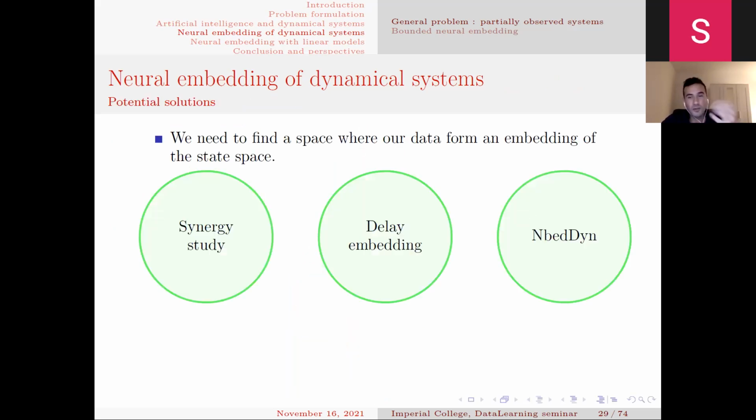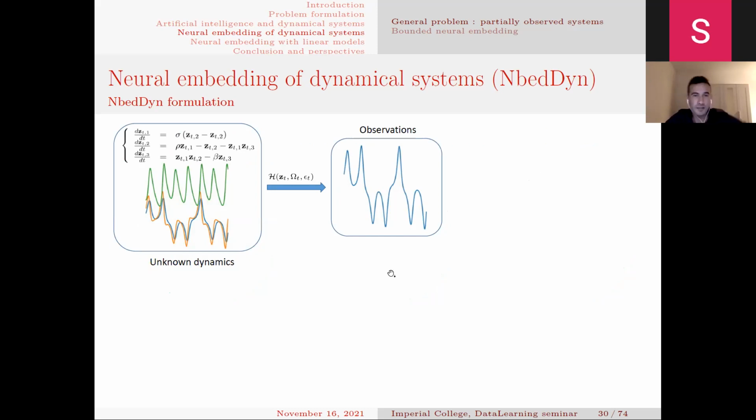So what we propose from here is to search for the most appropriate higher dimensional system that explains the most the variability of the observations with respect to a given dynamical system. And how do we do that? Is simply by assuming that we are provided with some observations that are coming from a higher dimensional space.